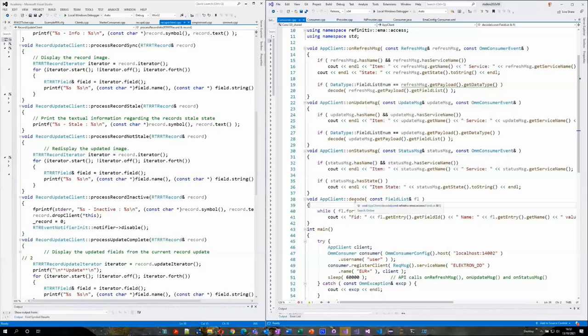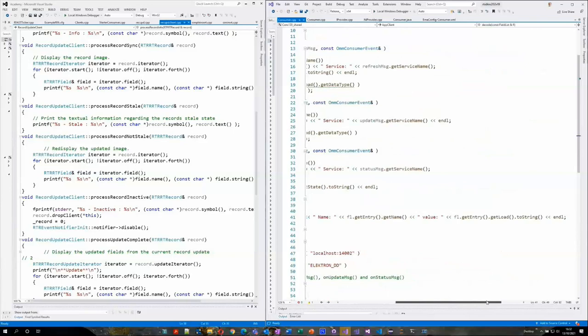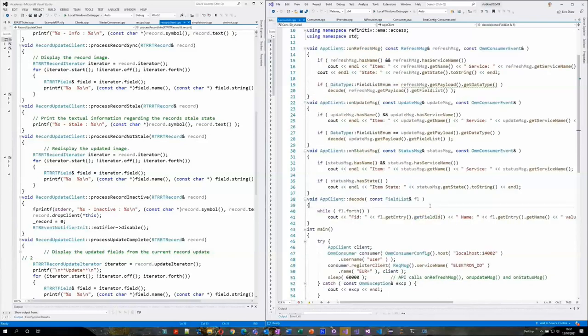So once you have made that request for, in this case, you are equal to, that will come back. In this case, you're making a streaming request, so it'll give you a refresh message. It'll call you back on the on refresh message callback. And here you could easily go into the decode function. I won't go into too many details there, but basically you'll iterate through the response to get the fields and do your processing with those fields. And if you did, as we did in this example, specify a streaming request, you will of course get updates shortly after the refresh message and be called back on the on update message callback.